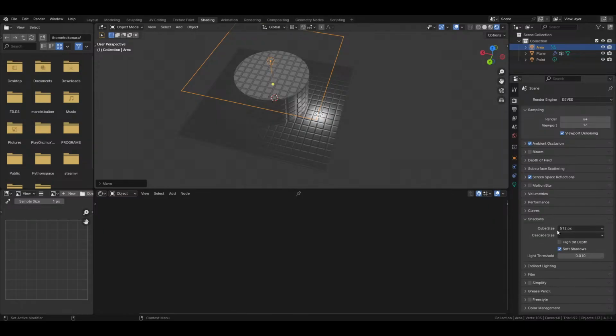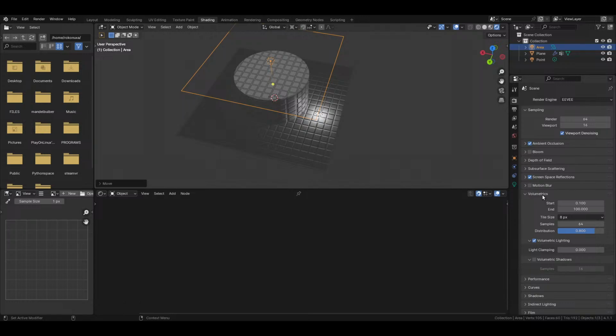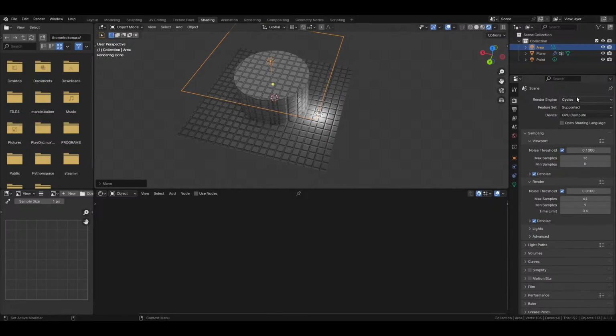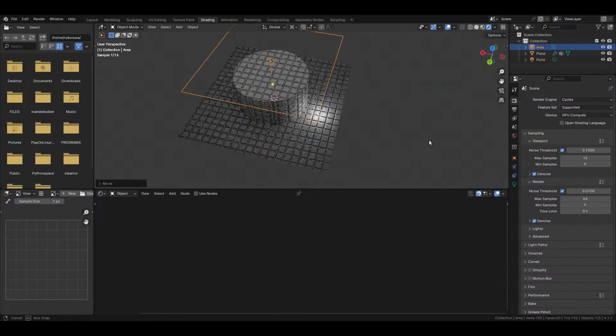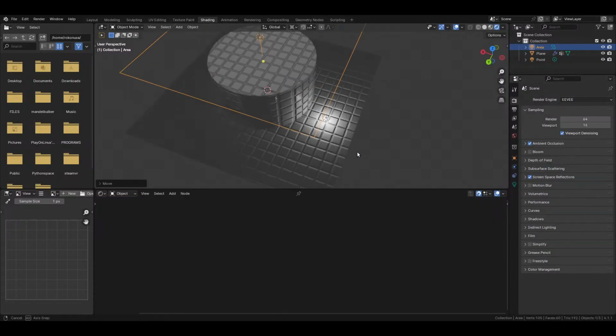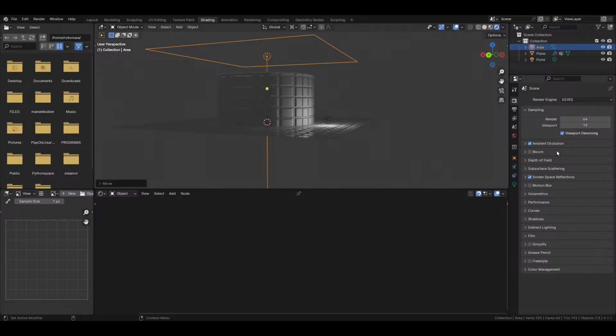I don't really know where. See, if I were to go over to Cycles, it's lit. It's gonna be a bit slow, it's gonna be grindy, but it's lit. This is why I don't like using Eevee, because it's kind of